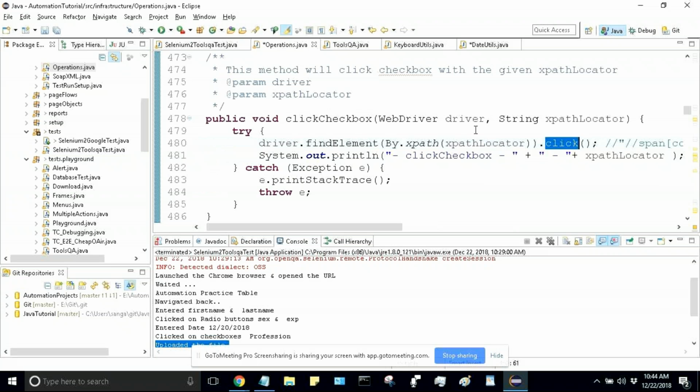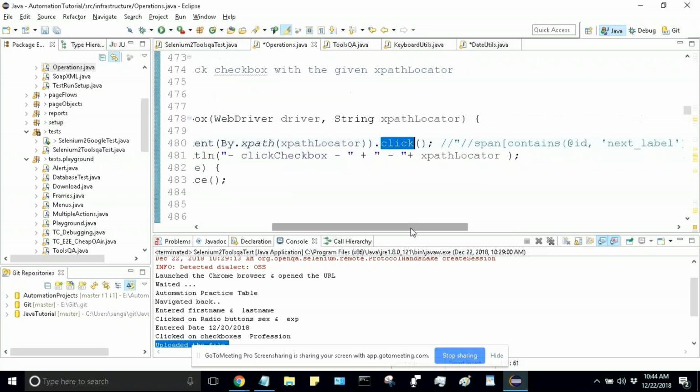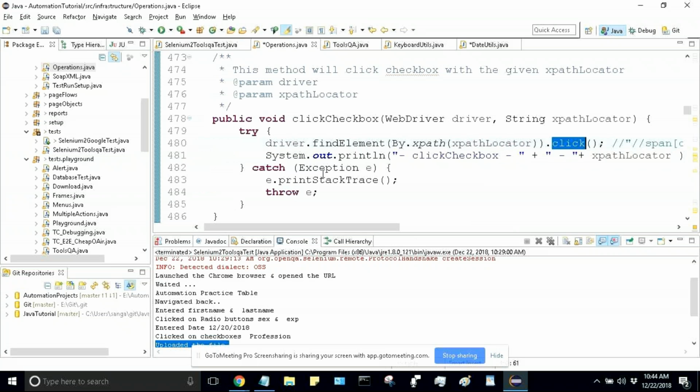And then this is what I'm printing, system.out, click checkbox. Either I can call log or directly print. Any exception, it will throw the exception here. Okay, then